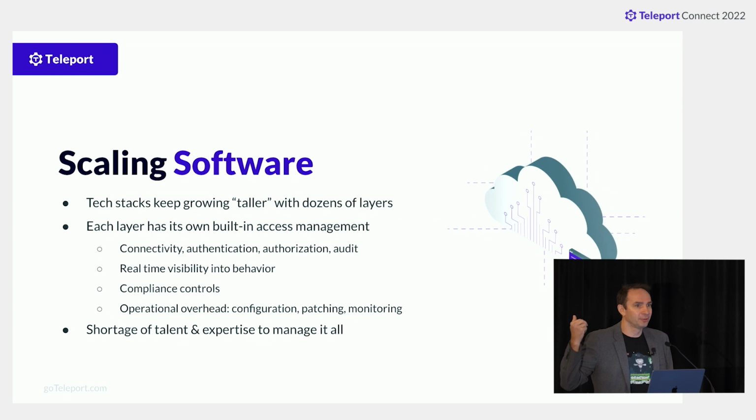You have bare metal at the bottom sometimes. Then you have an API to control that bare metal hardware. Then you have virtual machines. Then you have APIs to control machines. Then you have containers. Then you have a container orchestration layer like Kubernetes. Then you have a container registry where containers come from. Then you have MongoDB, Jenkins, the web UI for MongoDB, and the list goes on and on and on.